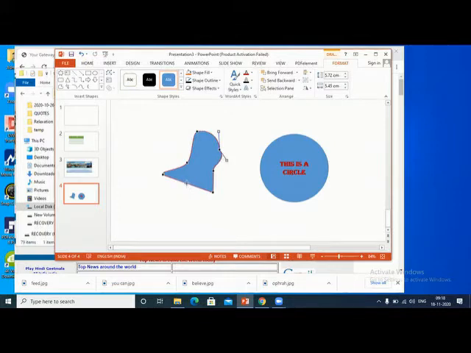Suppose you want to make some modification here, you can insert an extra point if you want. Right click, add a point. You can add a point here, modify. You can delete the point. Select that point, right click, delete the point. Right click, curve. So many things you can do using the edit command. So this edit command is very, very powerful. Try to use it, so that it is useful for creating very complicated flyers, very interesting flyers, etc. I hope you got some idea now.